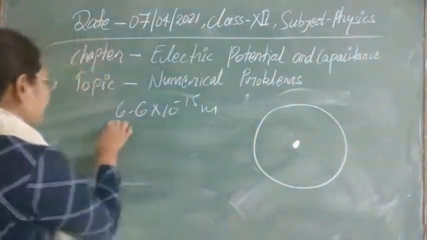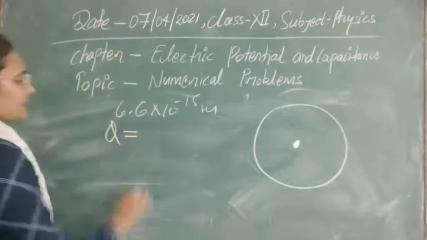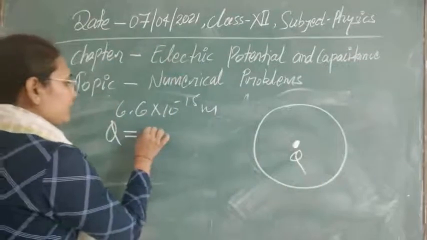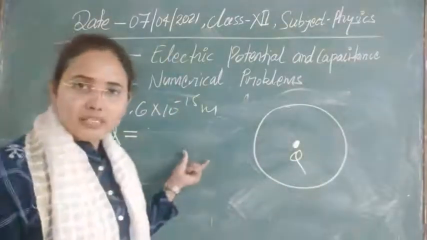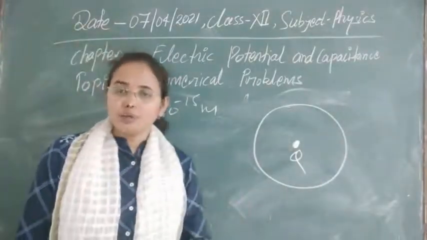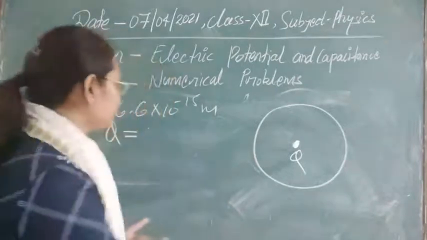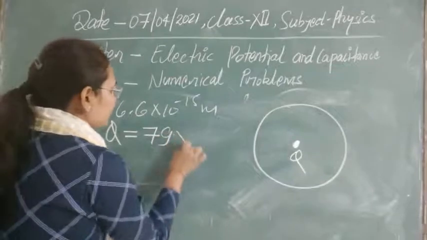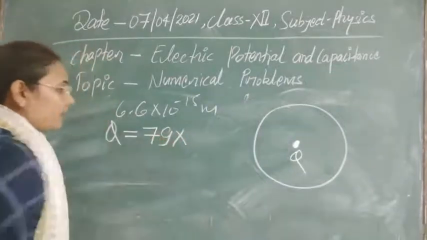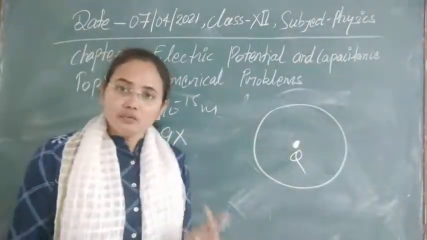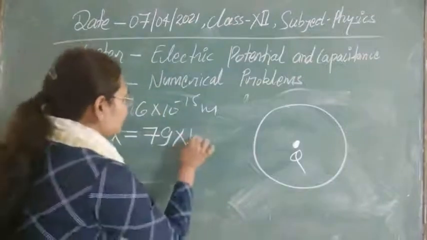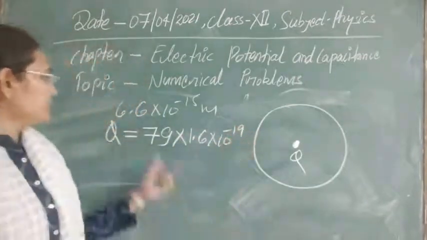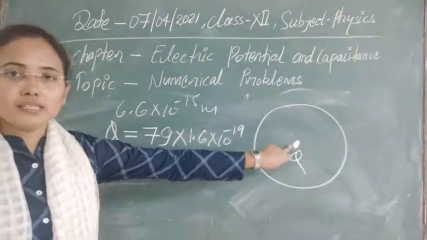So we can calculate first of all what is the charge that is on the center. It is present, Q charge. So this will be equal to, obviously atomic number is 79, then the number of protons will also be equal to 79 here. The number of electrons if you have to calculate, that is also 79 here. 79 into charge on one proton. So charge on one proton is 1.6 into 10 to the power minus 19. So this is the charge that is situated at this point.